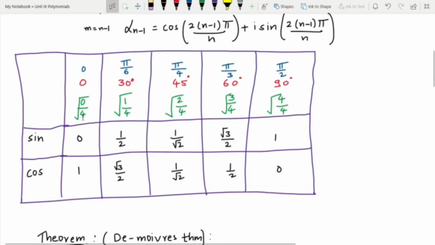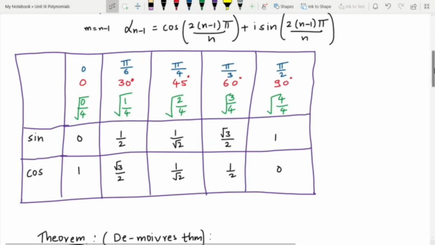And how to remember this table? This is the trick, which I have represented with the help of a green pen. First of all, write down 0, 1, 2, 3, 4 everywhere. Then you divide that by 4 and simply put under roots. Whatever values you get will be our values of sine. So 0 upon 4 is 0, so over here you have 0. 1 upon 4 is half. 2 upon 4 is equivalent to 1 upon root 2. Root 3 upon 4 is the same as root 3 by 2, and over here it is 1. Now just write down the values in the reverse way.